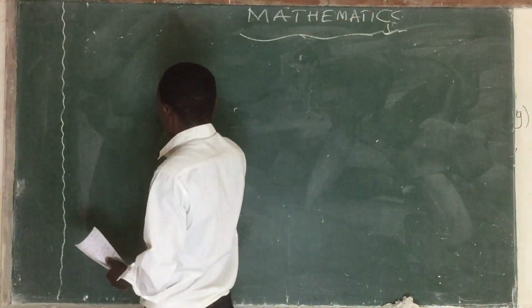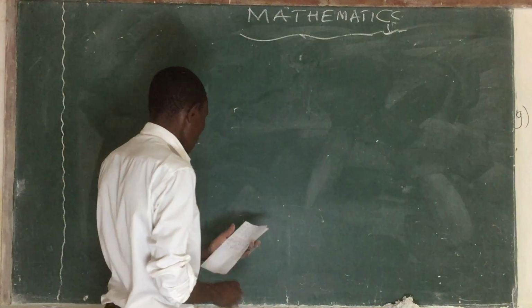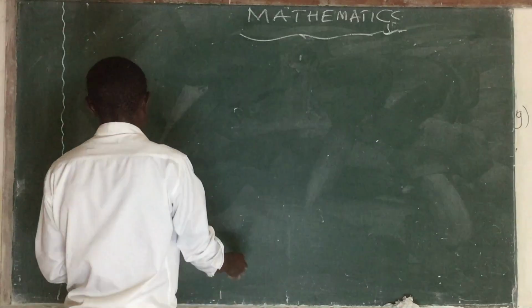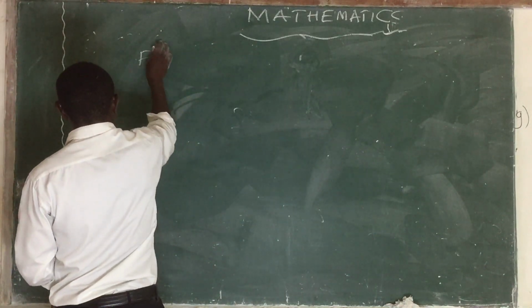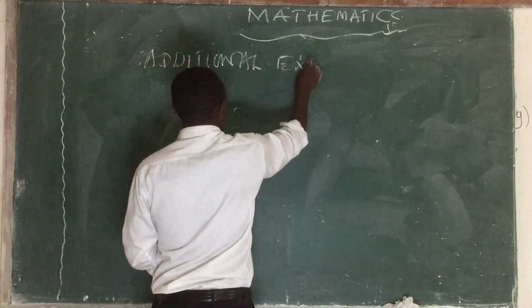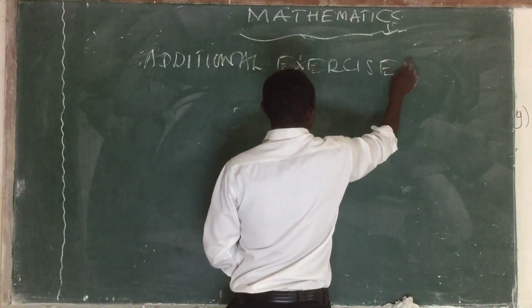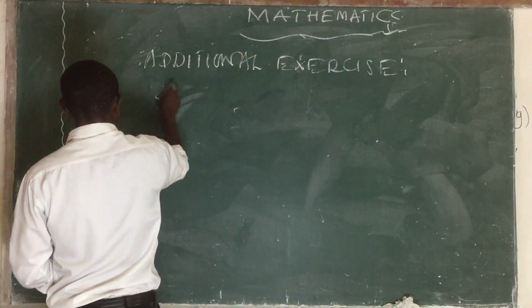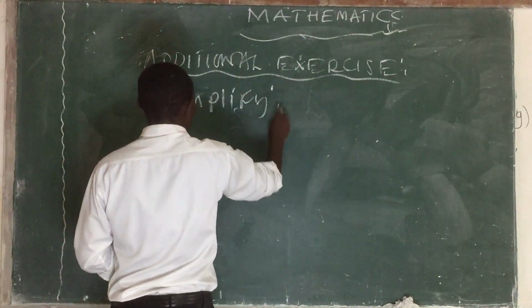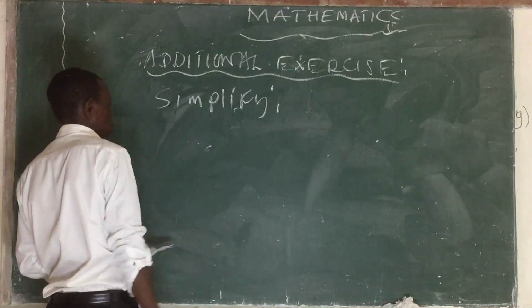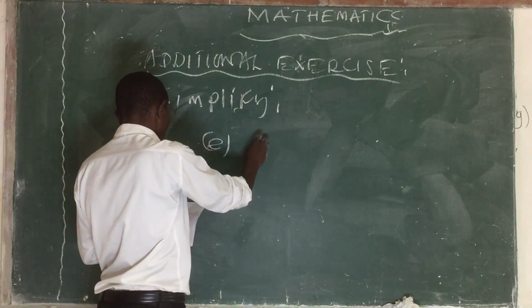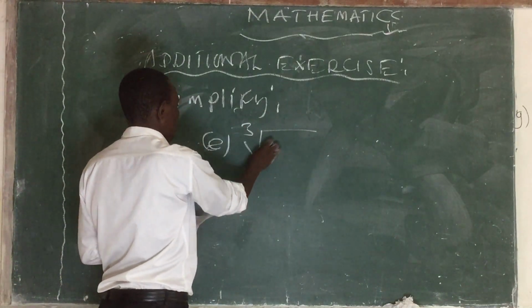Additionally to C and D, I will need you to write the following, which means you have 4 problems to work on. Right, so this is just like additional exercise. You need to simplify. Now I'll talk of E, because we already have D up there. That's a cube root. Now I'll give you this small number,